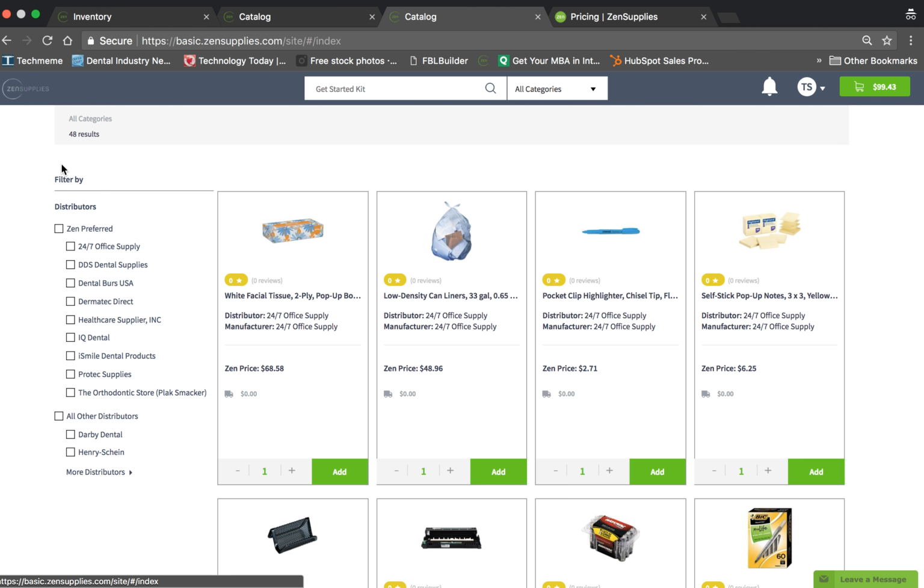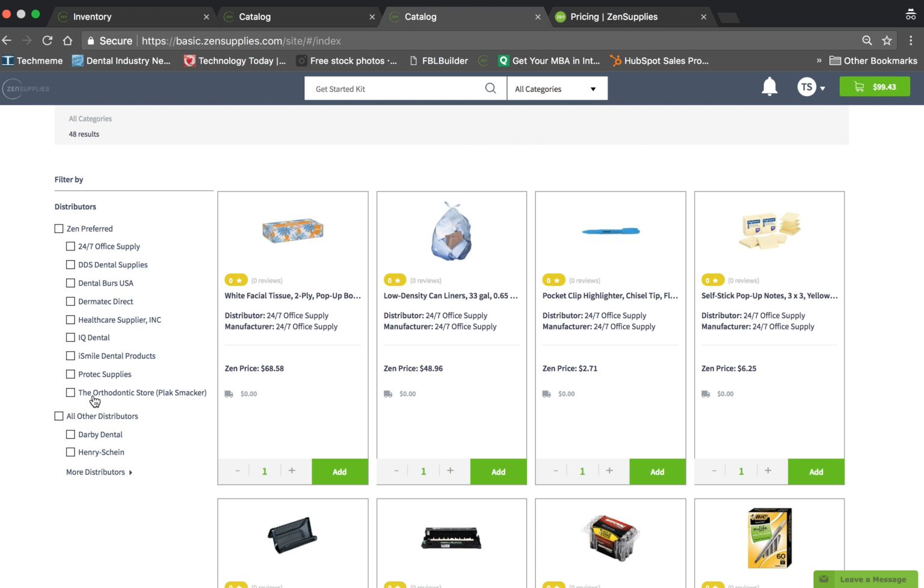So now what is the big difference between the starter and pro? The difference starts usually when you start adding your own vendors. So for example, if you are buying from Shine, if you are buying from Brasseler, if you are buying from Bisco and Ultradent, most likely you would want to add it so that you have all the vendors under one place. And in the future, within the next couple of months, we're going to be rolling out the feature that